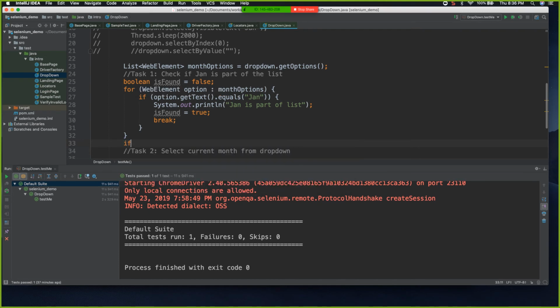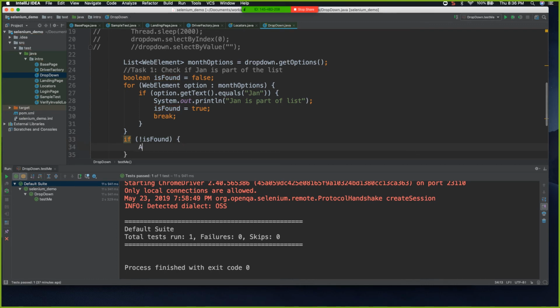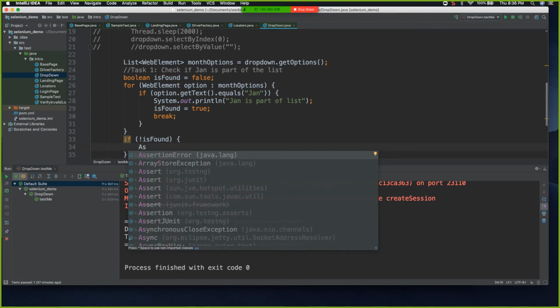So we'll say if is found, if is not found actually, if is not found, we can do something really cool. We can say,